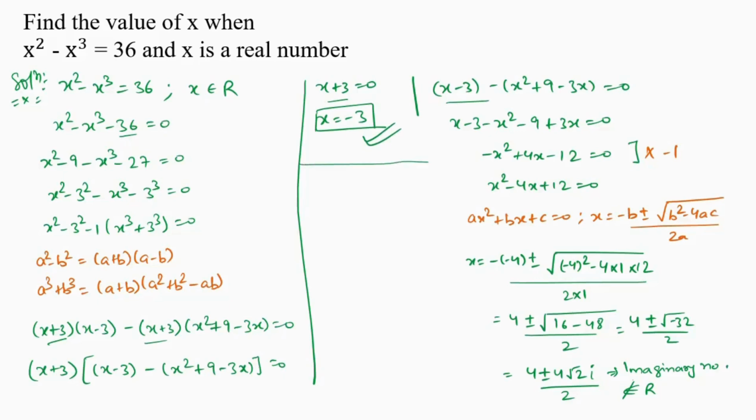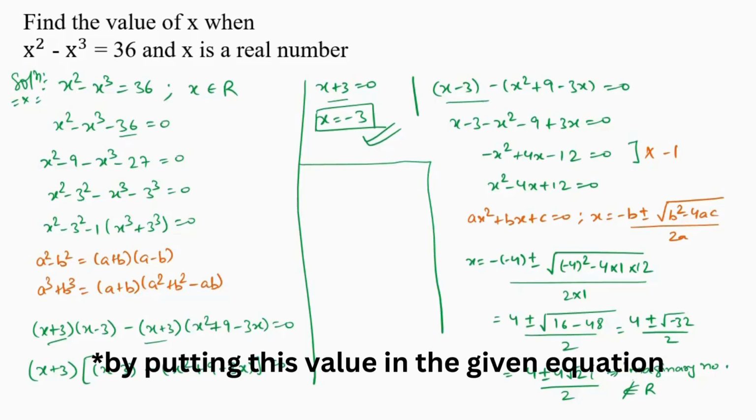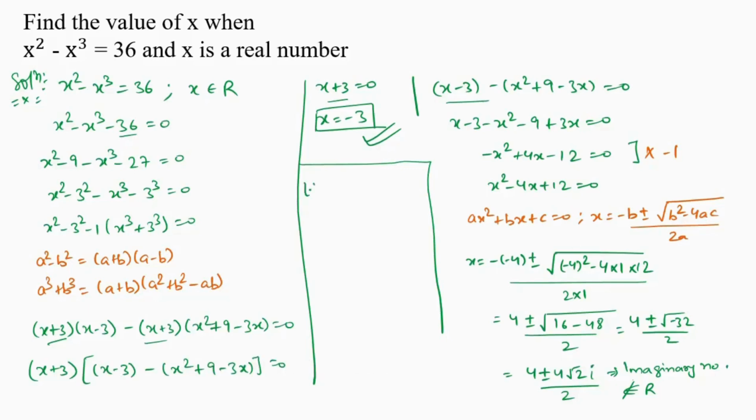And we can verify it. We have on the left hand side x squared minus x cubed. So by putting the value of x, that is minus 3, we get minus 3 squared minus minus 3 cubed. So on solving this we get 9 minus minus 27, and solving this we get 36, which is equal to the right hand side. Hence, this value of x